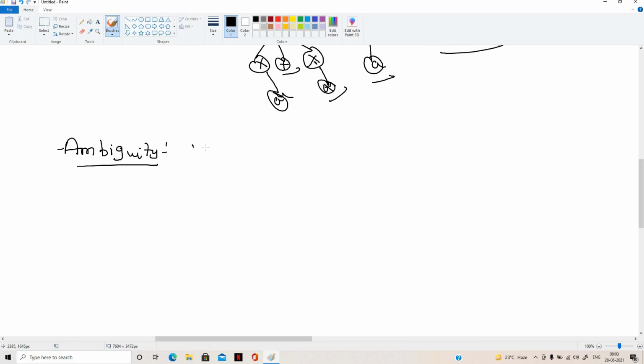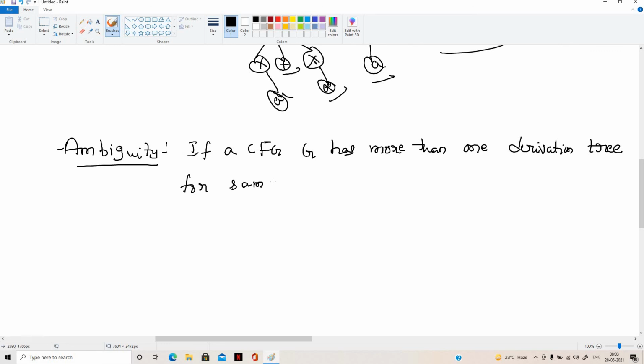So if a context-free grammar G has more than one derivation tree for the same string, for some string in L of G, it is called an ambiguous grammar.